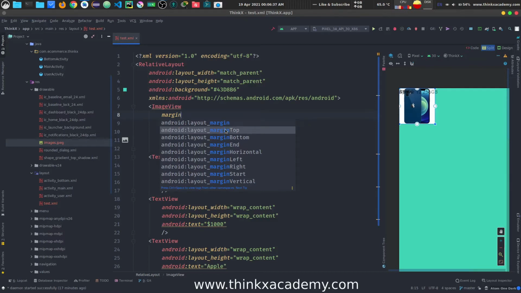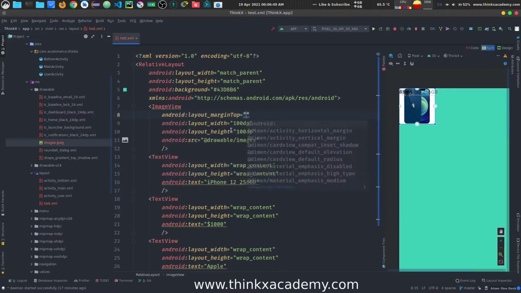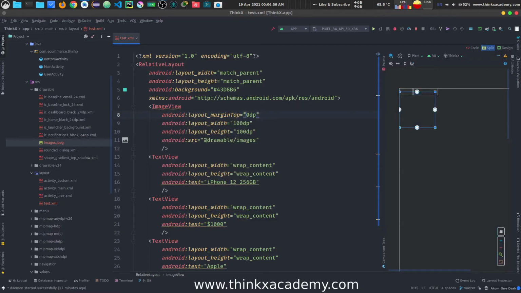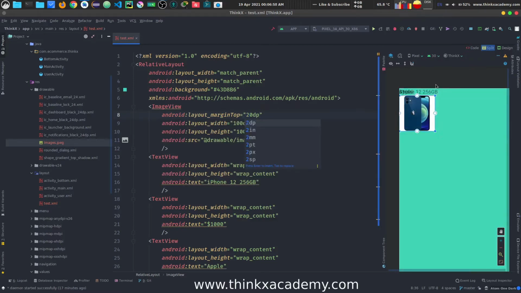If you want a margin from the top, you can use this. There are bottom and end too, where end means the margin from the end, which is the left part, sorry, the right part, right? We have all these. So let's give a margin top of 10 dp to this image, or let's make this 20, right? You can play around with different values to see how much impact it creates here.